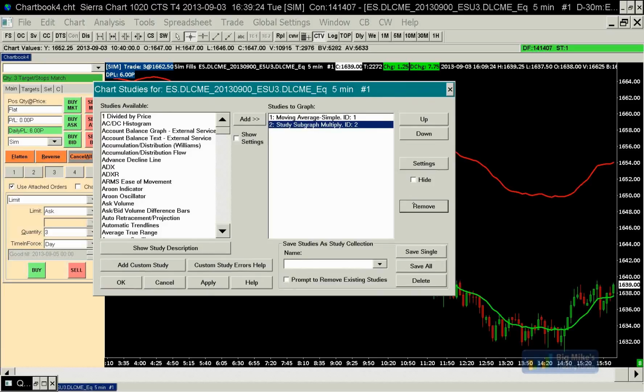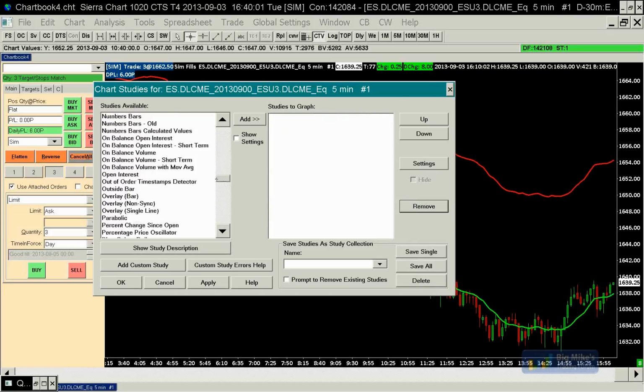Okay, so a question from John: is there a way to have a study above the main price graph? Yes, well, there isn't any straightforward support for that, but I think there are some indirect ways that could be done. I'm just thinking about how that might be possible. Let me see if I can accomplish that. I would say the first thing to do is